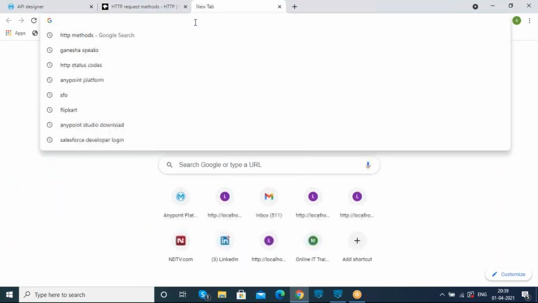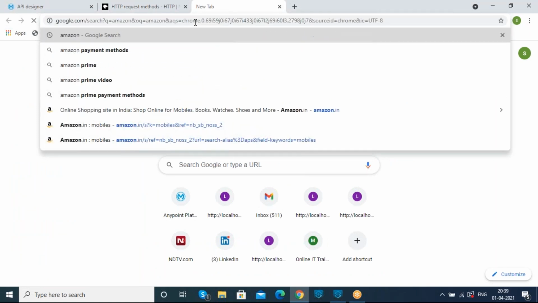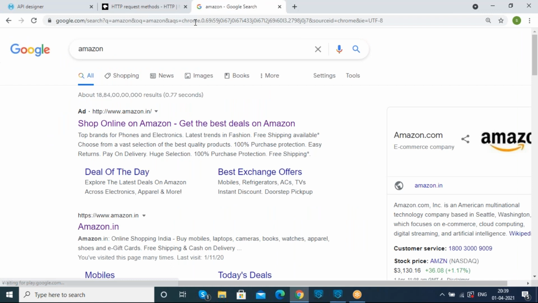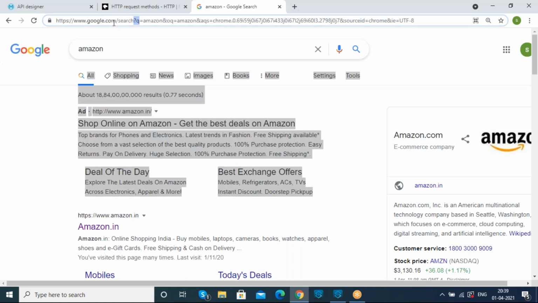For example, let me take the Amazon website. Whenever we request it on the Amazon website, we are able to get the total data as our response by using the get method. And here, by using the query parameters, we are able to request it. In technical terminology, we can say that from the Amazon database, we are fetching the total data from the Amazon table.